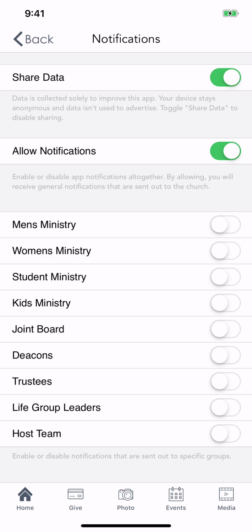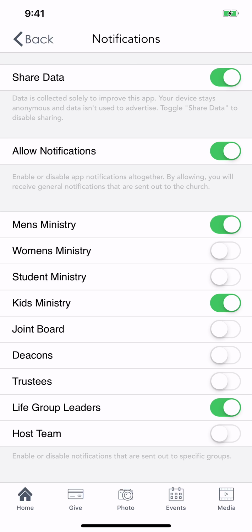What this does is it allows Camden First Assembly to be able to send a bunch of different notifications throughout every week, but everyone in the church isn't going to get all of these. So I want notifications about men's ministry. I have a child and kids ministry, so I want notifications about that. And I'm part of life group leaders. I lead a life group, so I want notifications about that. Now, if 2 notifications go out this week to men's ministry, a notification goes out to the students ministry, and all these other things, it's not like my phone's going to be going off like crazy throughout the week. Now I'm only getting those notifications that are relevant to me,